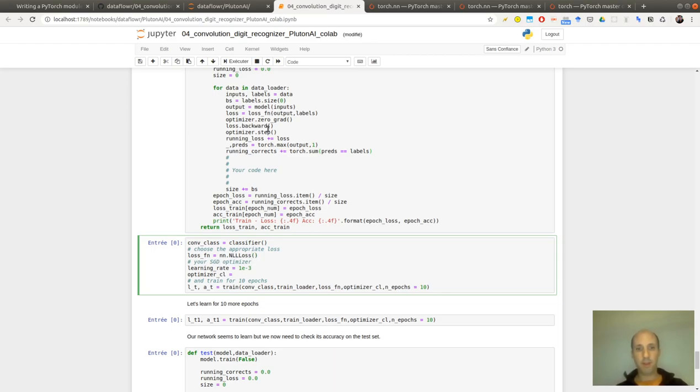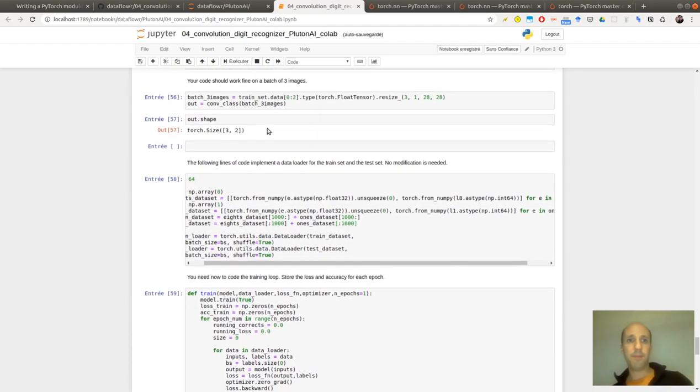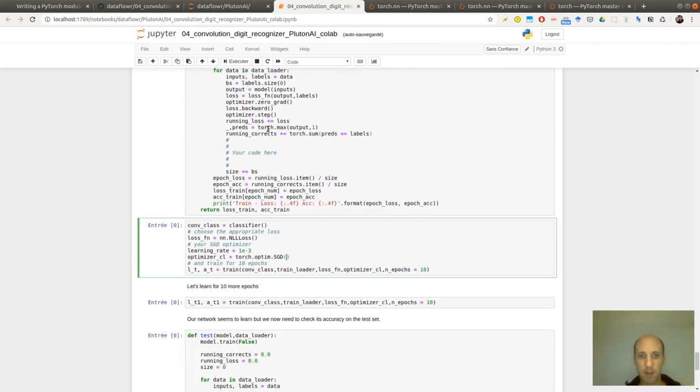Optimizer, let's use SGD optimizer. So it's torch.optim.SGD of, what is the name of my conv class? Parameters, with a learning rate. Well, we can put it like that.